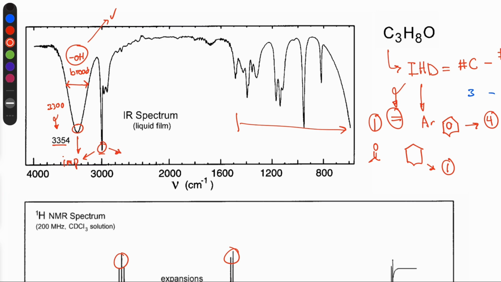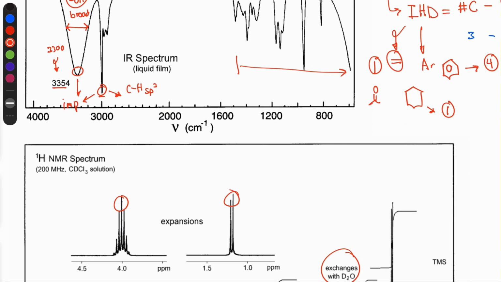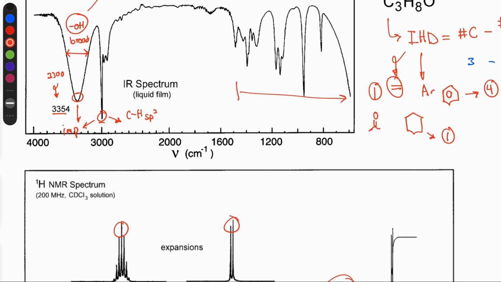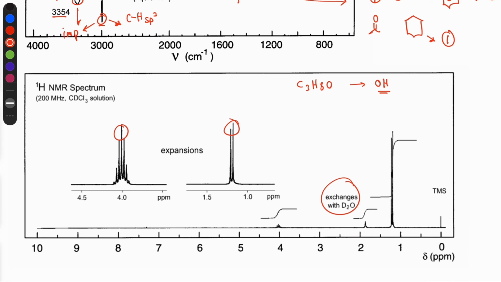And here, this absorption band, which is really sharp and around 3000, usually appears in most compounds that we consider and analyze, because most of the compounds we have are hydrocarbons, and this signal shows the absorption of the CH sp3 bond, which we have in most compounds that we usually analyze. So the information that we're going to take to the next step is that this C3H8O has a hydroxyl group in its structure somewhere. We don't know where yet, but we will understand it after we finish analyzing the H1